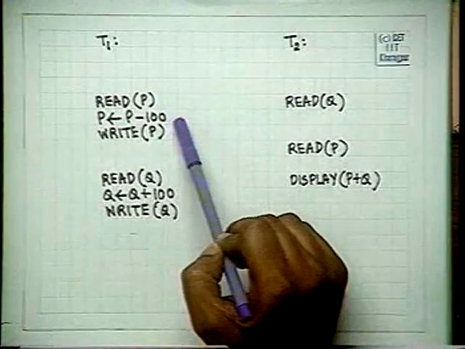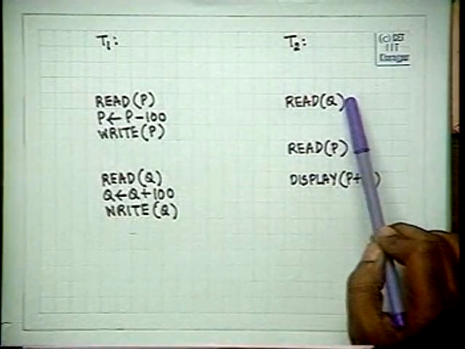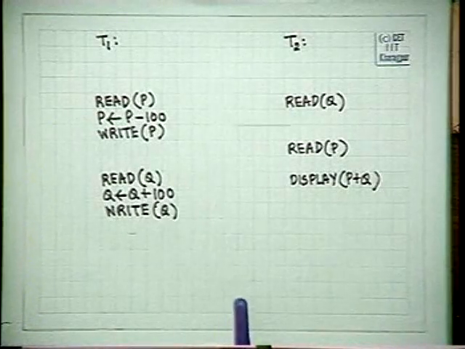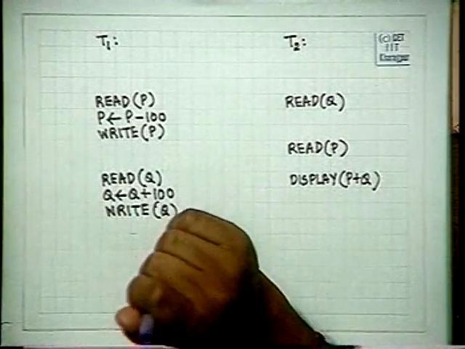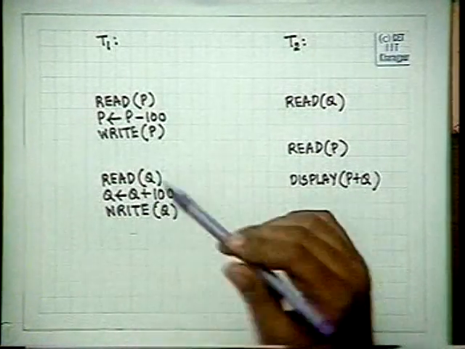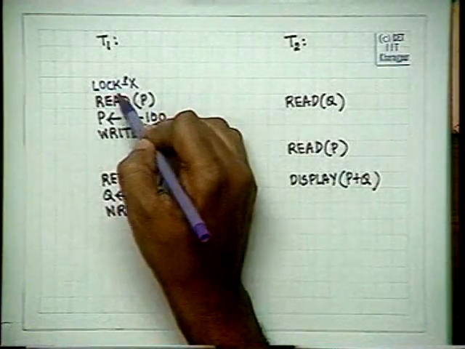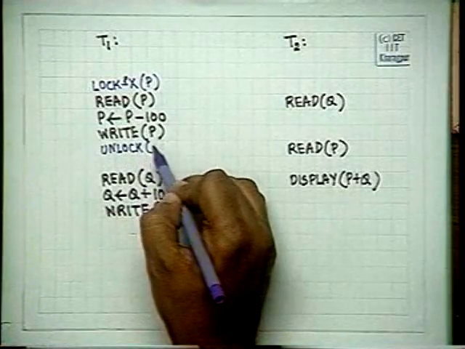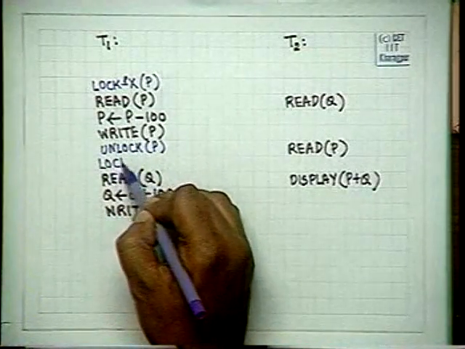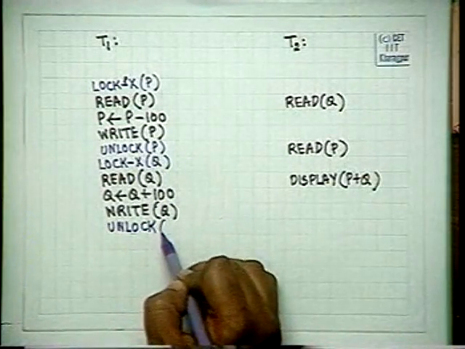One transaction T1 reads P, deducts 100, writes back P, reads Q, adds 100, writes Q. The other reads Q and P and displays P plus Q. This is a writing and this just reads. So if we have our standard policy of locking, what would we normally do? Since this one is going to read and write, lock XP, unlock P, lock XQ, unlock Q,